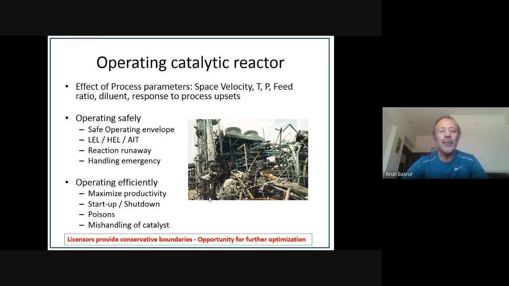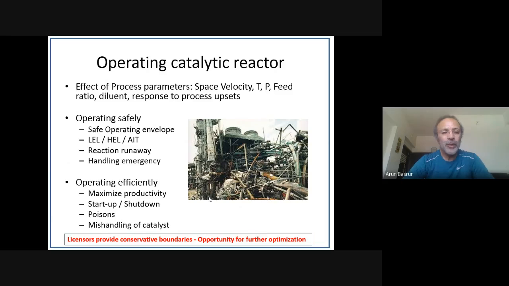come in intermittently or very rarely. They come in only at the start of the cycle and at the end of the cycle. So one has to be very meticulous and careful in startup and shutdown. Both these processes are non-steady state processes. And these are the times which can lead to either an incident, an accident, or damage to the catalyst.